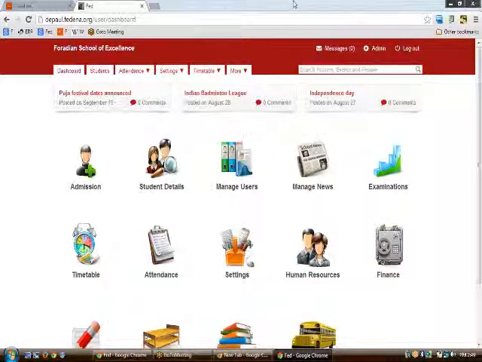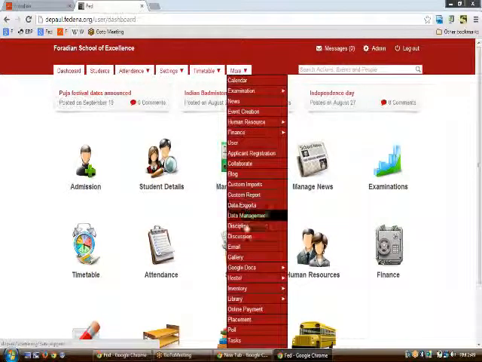The inventory plugin deals with all your inventory, like the goods that you purchase. If you want to keep a record of all the things, then inventory management is the best thing that can be at your ease, that can be helpful.